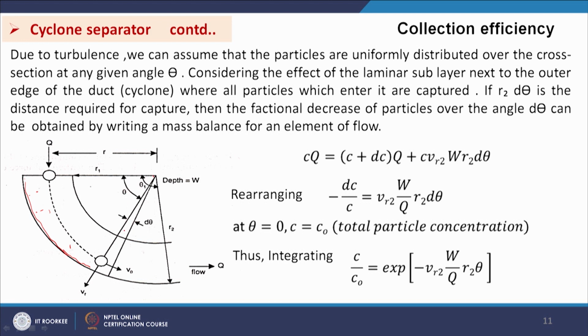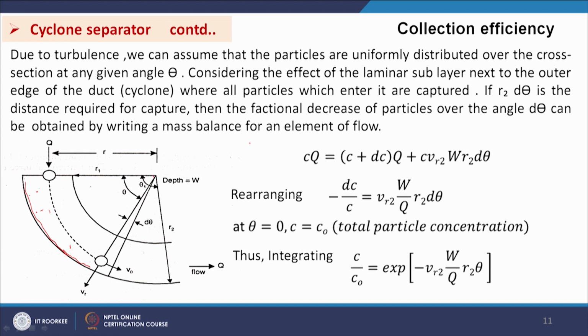So, this is our d theta. So, this volume will be r2 d theta, this distance we are assuming is required to trap the particles. Okay. So, within this surface area at the periphery of this separator, some particles will be separated. Okay. Then the fractional decrease of particles over the angle d theta can be obtained by writing a mass balance